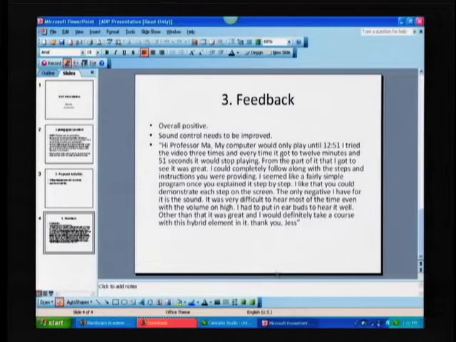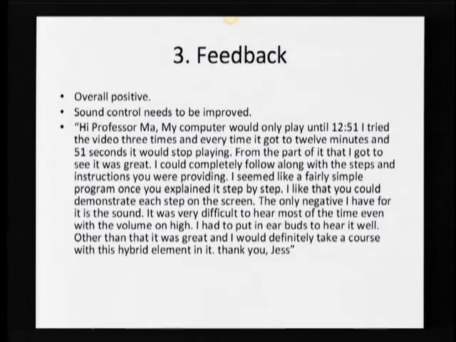A very important element of this talk is the feedback. Overall, I got very positive feedback about this kind of hybrid element from my colleagues, and I typically ask those colleagues who have ever taught econometrics in their career. They find this very encouraging, because if it is a 100% online course, it's a different story. But if it is a hybrid, with part of it online, especially for the software part,